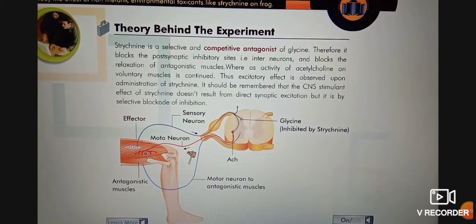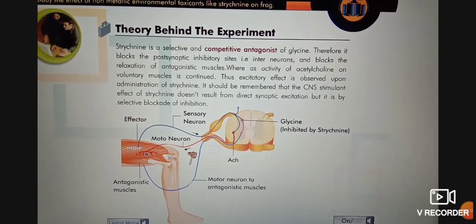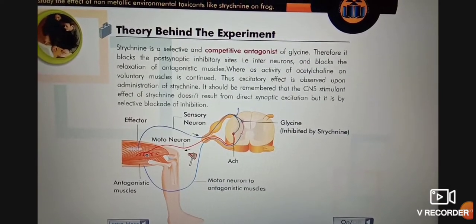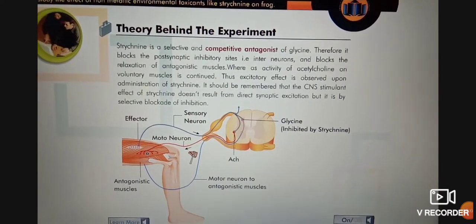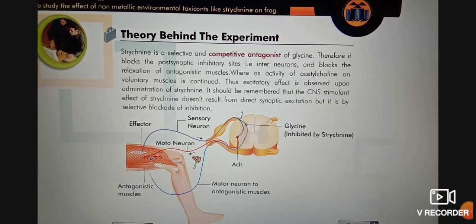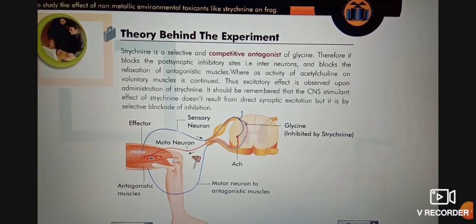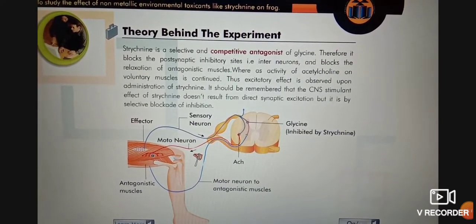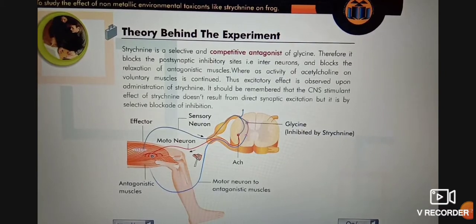So it acts as a selective and competitive antagonist of glycine. Okay, it means it selectively blocks the glycine action by competing with glycine, and it blocks their receptors and blocks their action. Therefore it blocks the postsynaptic inhibitory sites, that is the interneuron, and blocks the relaxation